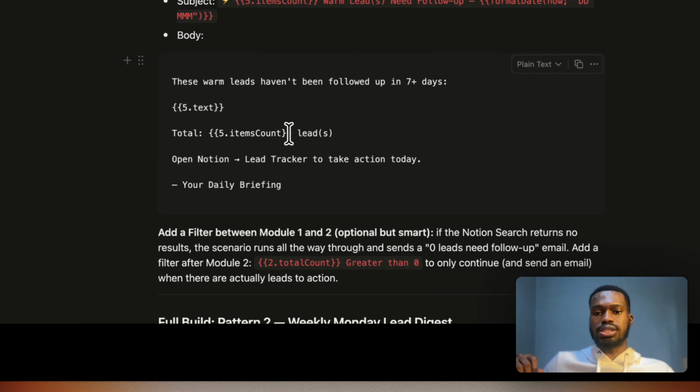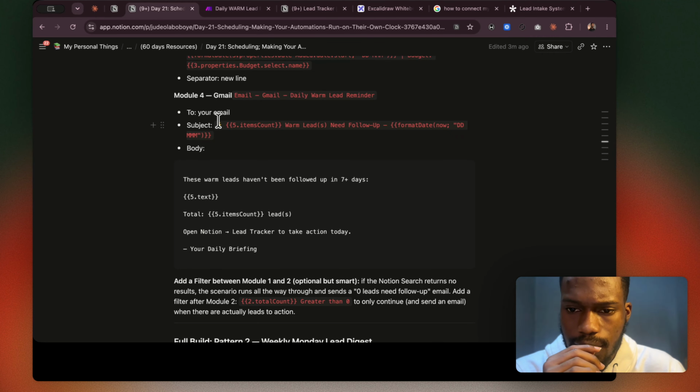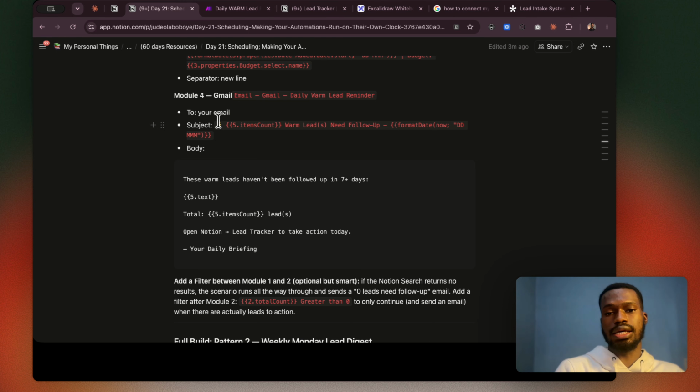So we want to be able to send this daily warm lead reminder to every single one of them. We're sending it to ourselves, rather. For this case, we're not actually sending it to them. The main thing behind this scenario, and the problem we're trying to solve, is briefly this: we're not trying to send an automated email. What we're actually aiming to do is remind ourselves, which is why I called it the daily warm lead reminder,